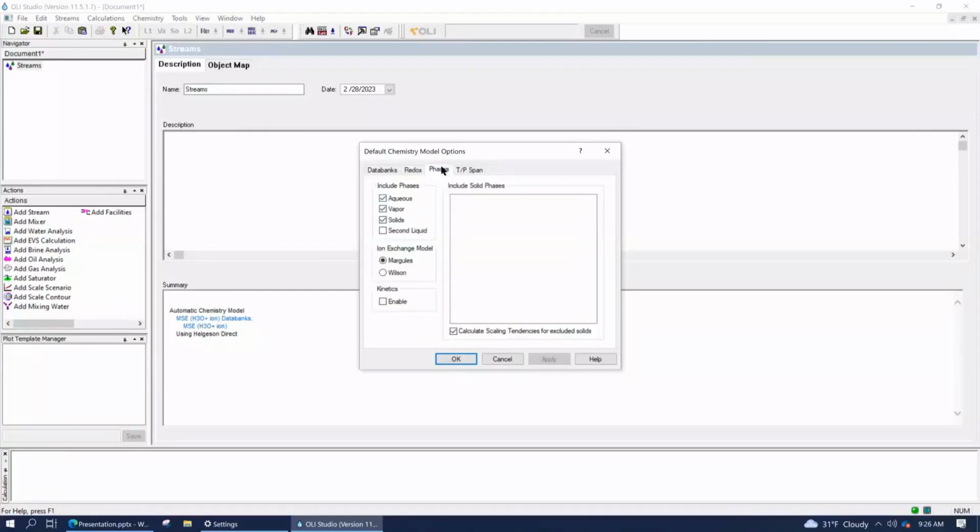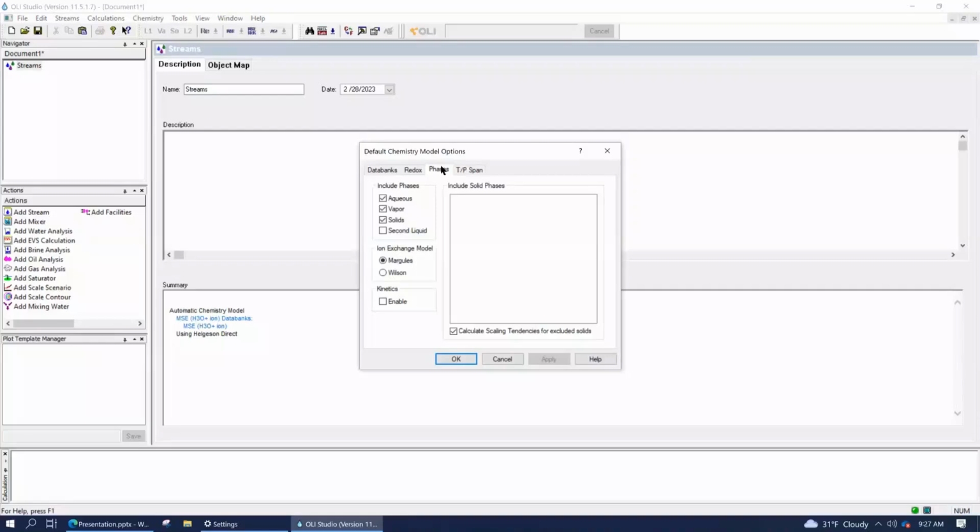Phases. It may not seem obvious to you, but in certain cases, you may want to turn on a solid or turn off a solid. What I mean by that is, you can allow a solid to form or disallow a solid to form. If I look at it from a corrosion standpoint, you may determine in your process that iron carbonate, a common corrosion product, won't form because the kinetics are too slow. So you will, in fact, instruct the software to not allow iron carbonate to form simply by checking a box or unselecting a box. Now the software will do a calculation, but iron carbonate will not be allowed to precipitate.